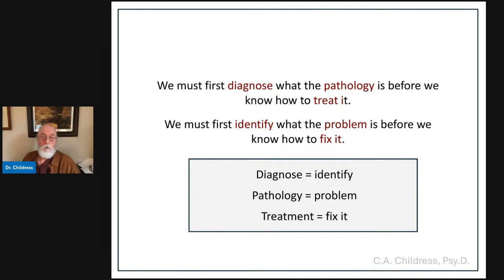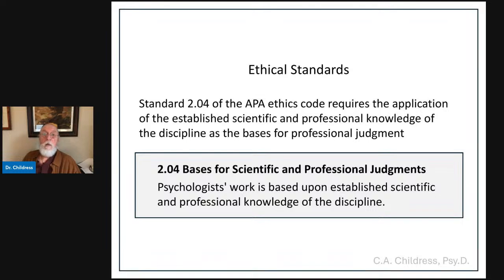So in the family courts, the parents and children in the family courts have a problem. We need to diagnose or identify what's causing the problem so that we can fix the problem, whatever that problem may be. Now, in terms of ethical standards, Standard 2.04 of the Ethics Code for the American Psychological Association requires